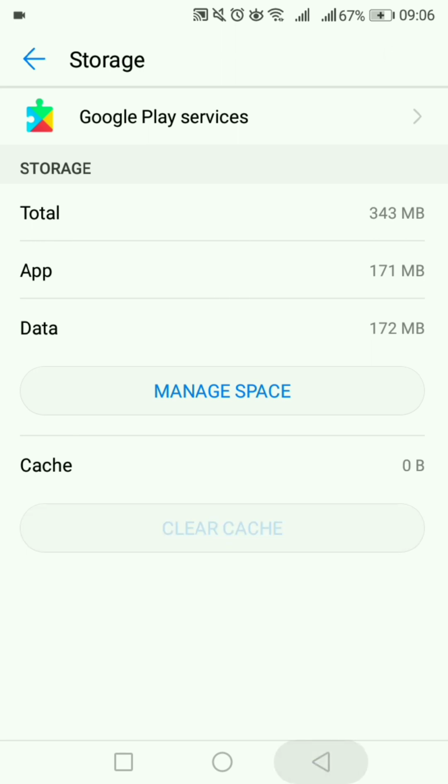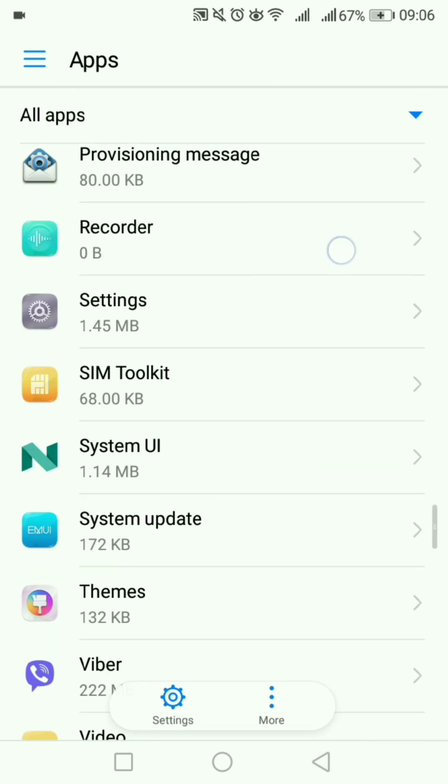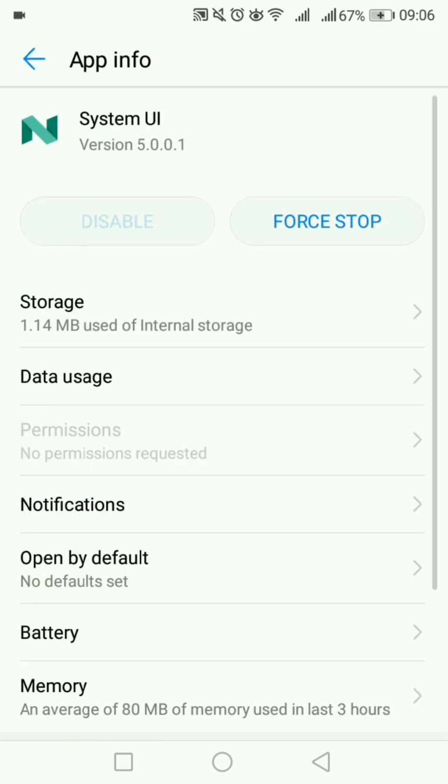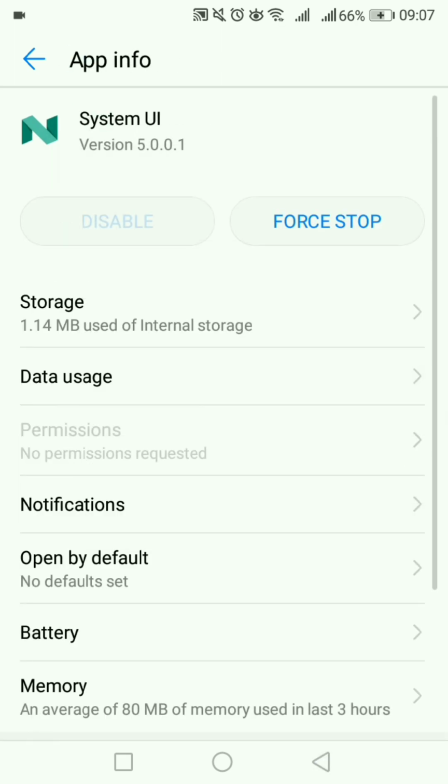Now after this, we will go to our system UI. Once you have found this system UI option, you will press this and here again go to storage and clear cache here as well. Now that all your cache are cleared, your system UI must be working well, and even if it does